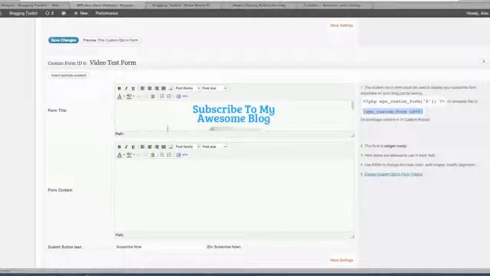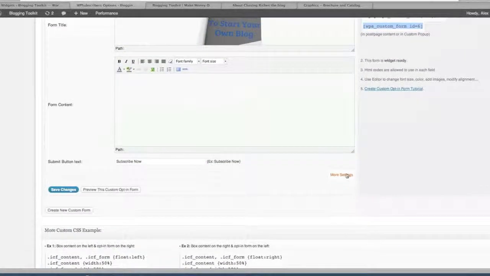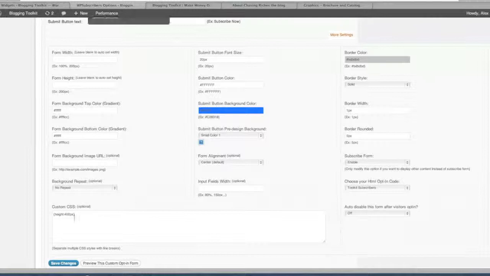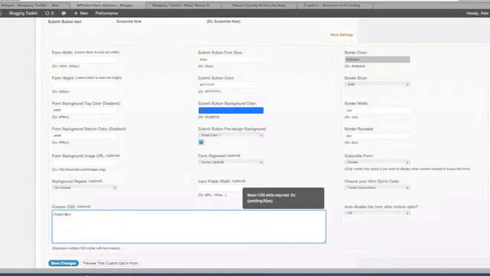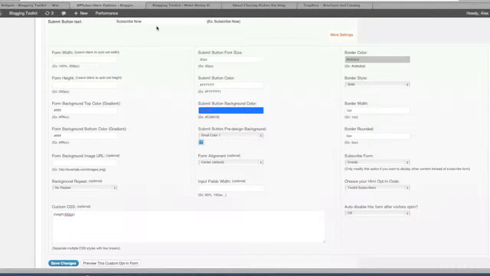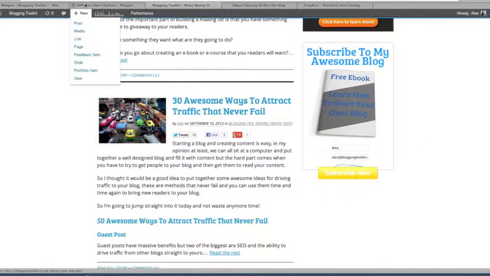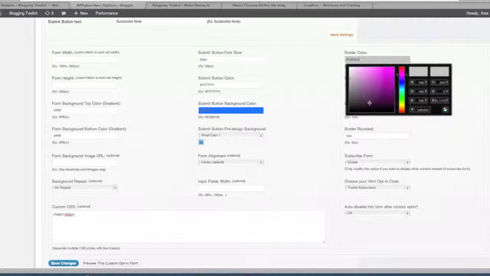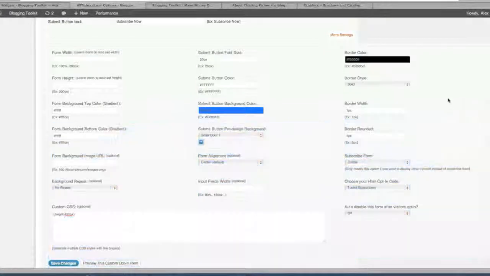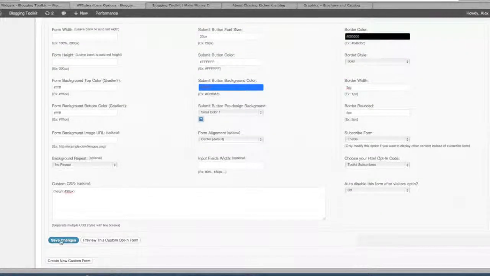So going back to the settings here, I now know that the height of 400 is not quite enough, so I'm just going to extend that to 430 pixels. Is there anything else I want to change? I am just going to make this border black, and I'm going to make it 3 pixels, and now I'm just going to save changes and then just test that again. So once you've saved the changes, you can just then go and refresh your page